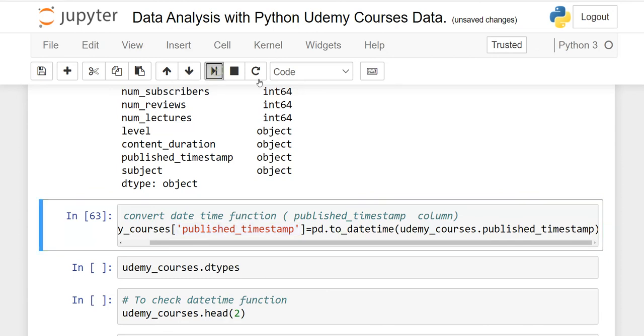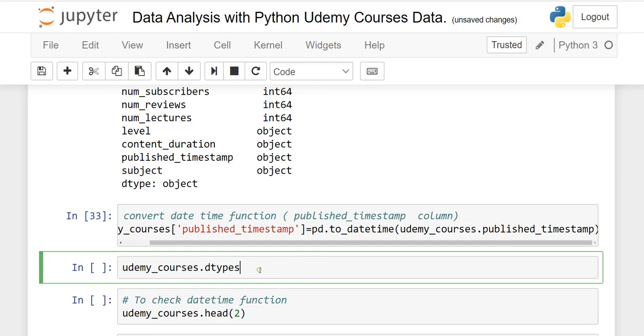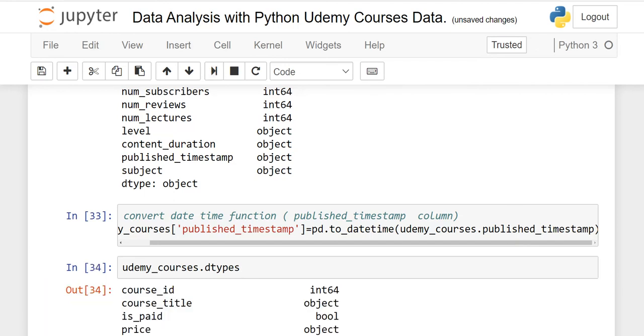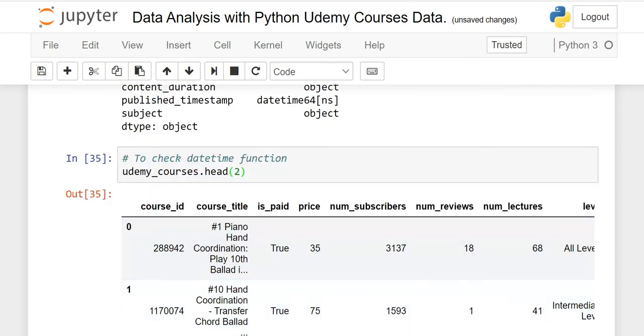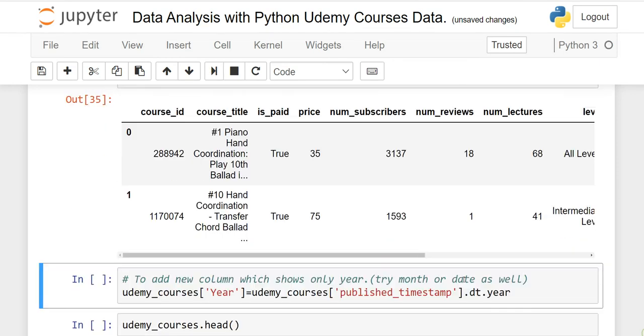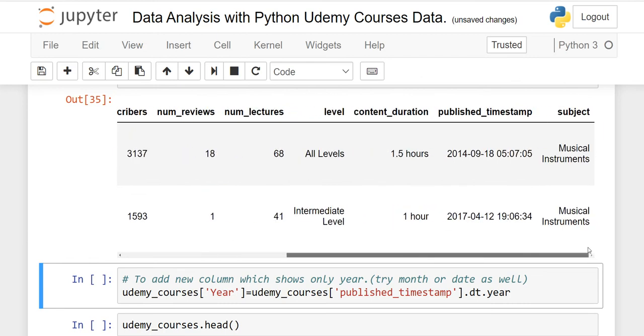When I run it, it runs successfully. But keep in mind, our publish_timestamp data type was object. When I run this, you will see the data type has changed to datetime, right? And now, again when I run this, I will show you the data frame as well. In our data frame we have